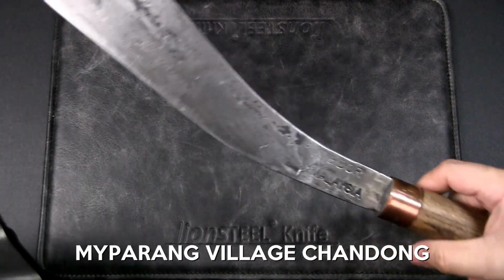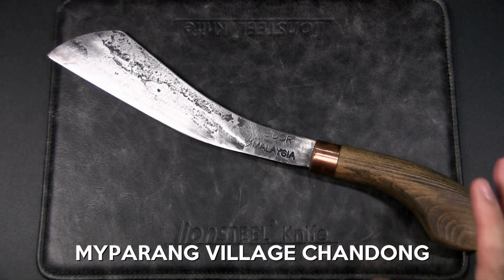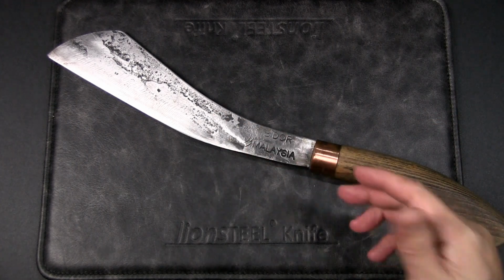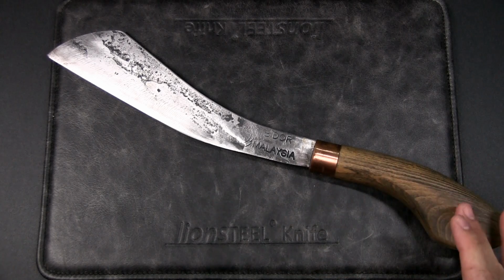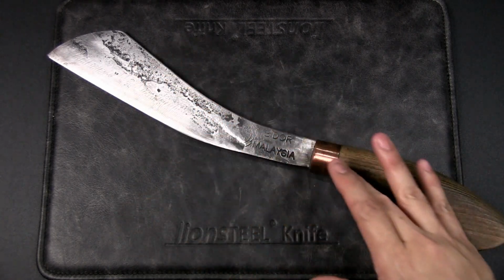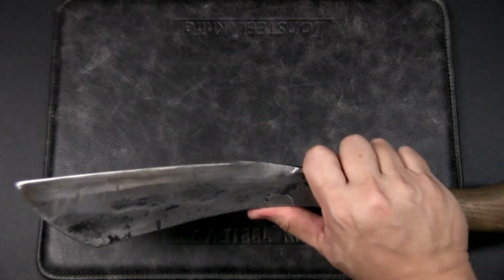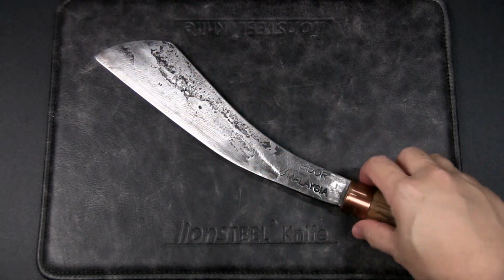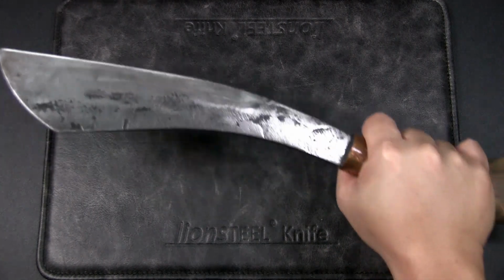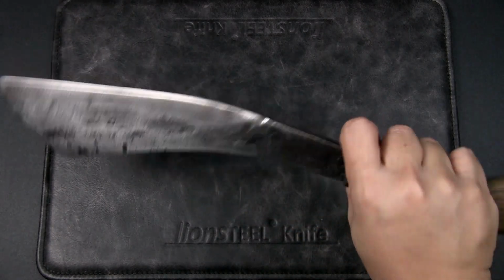Village Chandong. So it's got a distinct shape, and really capable because of that shape. Now, I have always stressed that the Duku Chandong is a great pattern, but I've really come to like this pattern because it's actually thinner over here. You can choke up more, then it bellies out with a straight edge over here, and basically it's just, to me, almost the perfect 1-2 option, big knife option to bring out to the jungle, because I can chop, I